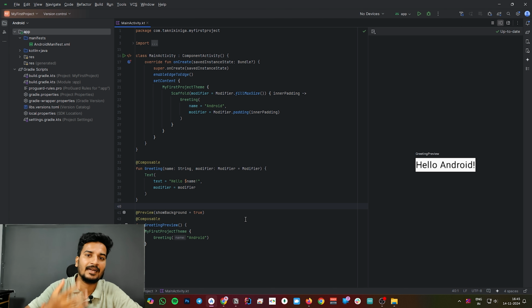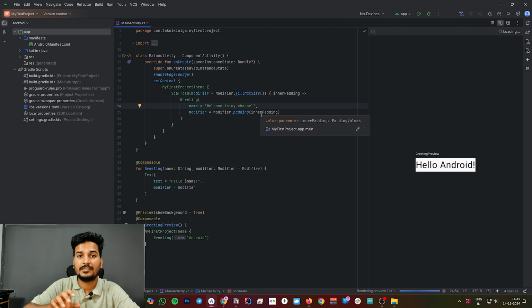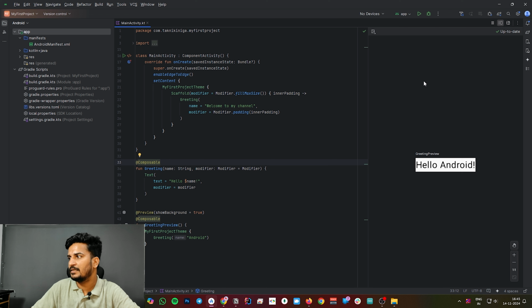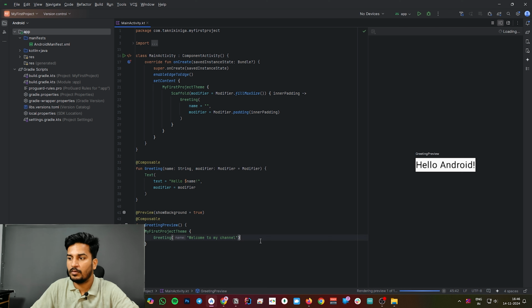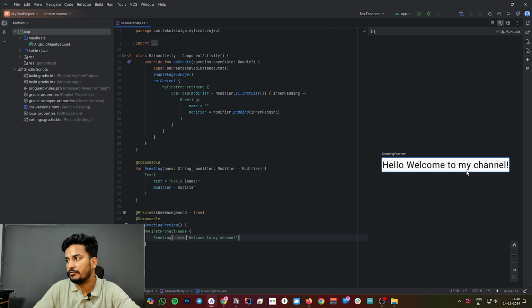If I change anything here, let's say Hello, welcome to, this generates a preview with the new changes. Let's wait for some time and see. As you can see, it compiles the code and generates a preview for us with the new value.